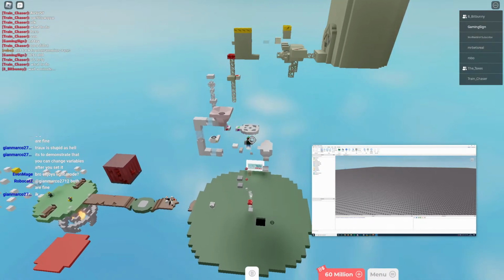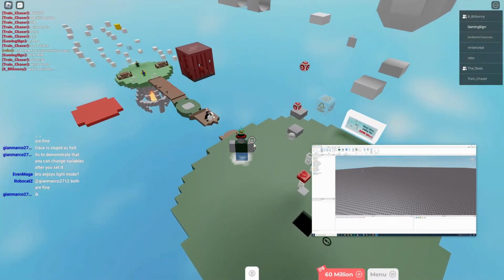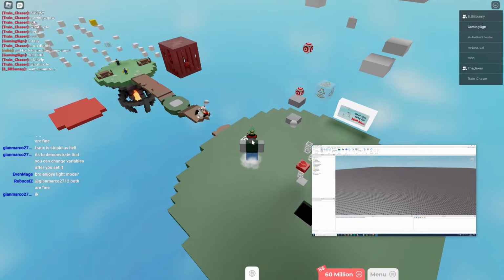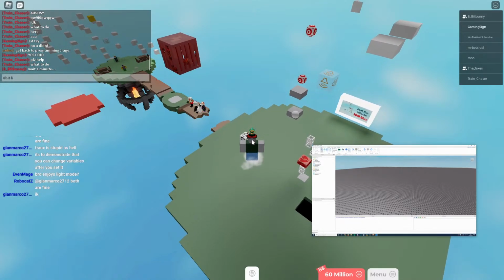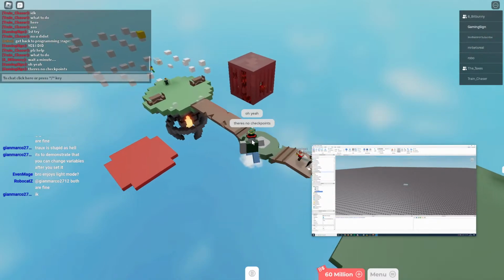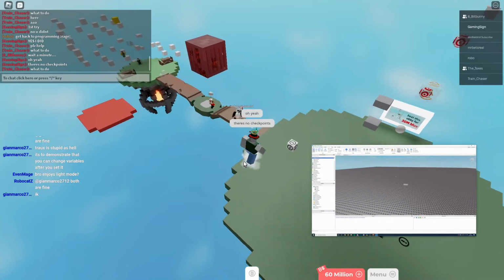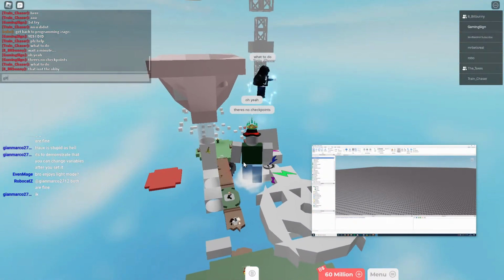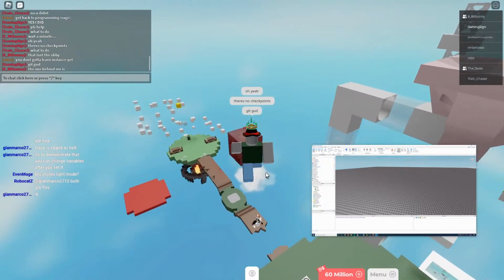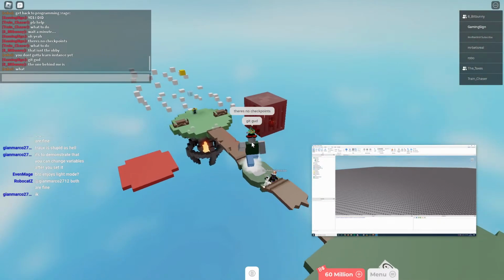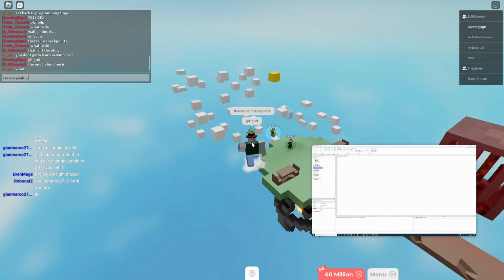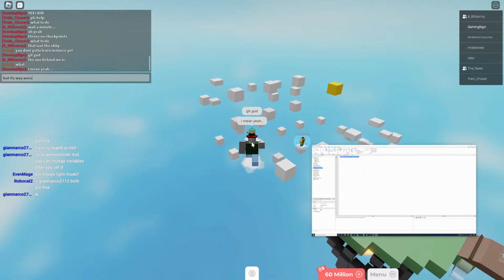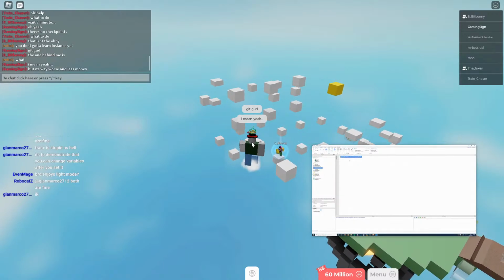So instancing allows you to insert things into your game from a script. Now we can insert things such as a part by just clicking on this button, or by going to Model, Advanced Objects, and selecting something here. But what if we want to insert something at a specific time, or something that we want to use later on? We will use a script for that. So let's insert a script into ServerScriptService,